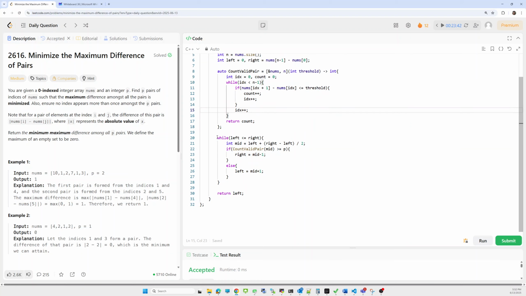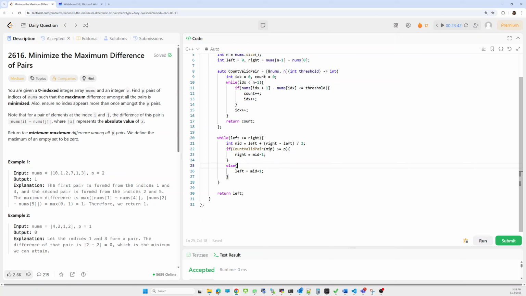Now we look into our binary search implementation. How do we do it? Based on our range of minimum difference and maximum difference, while the minimum difference is less than or equal to the maximum, we'll calculate the middle difference, the middle range element. Now based on that we'll calculate the pairs under the current threshold. If the count is greater than or equal to p, then we have to squeeze from the right side, meaning now we are interested in the left-hand side.